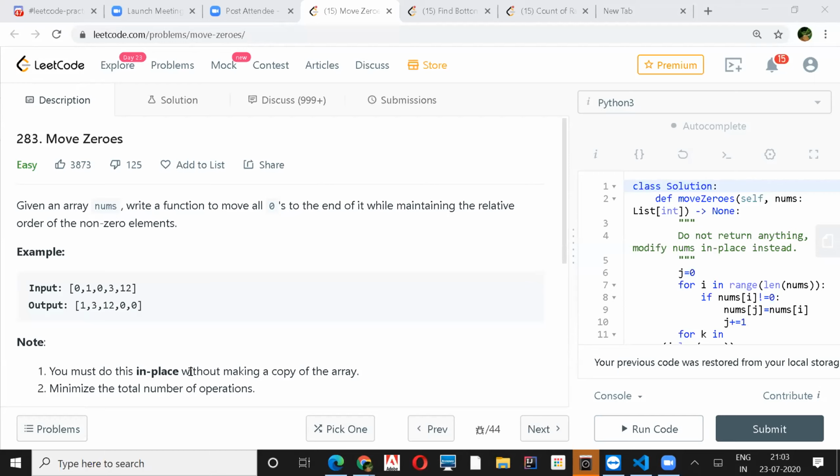So are you saying that we'll have two pointers, one at the start of the array and one at the end of the array? Yes. But if you do a swapping in that case, it might be that we will reverse the order of the numbers. You're supposed to maintain the order also. Yes, of course. So okay, it will not work.